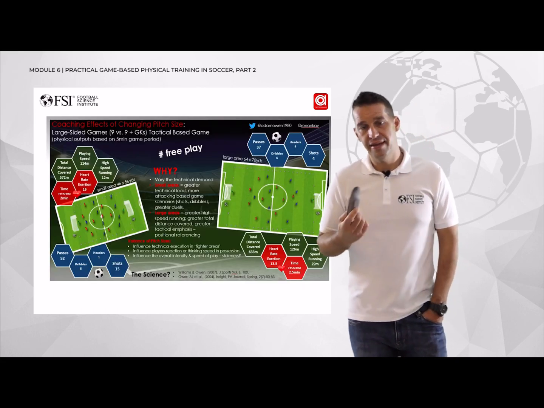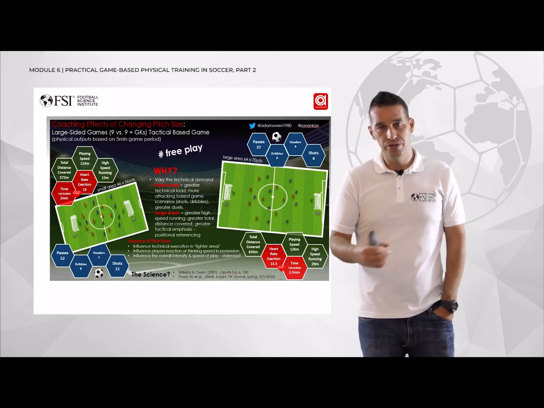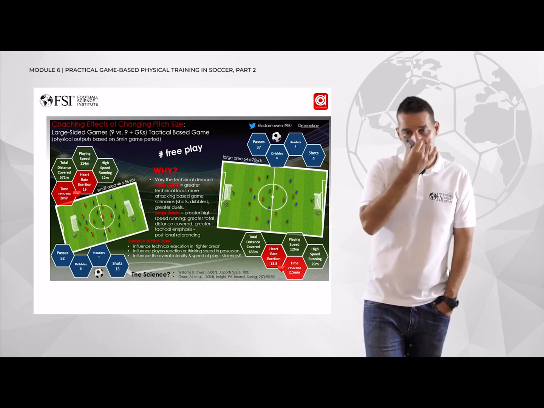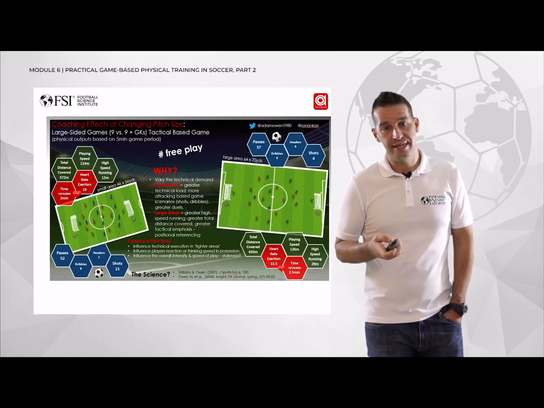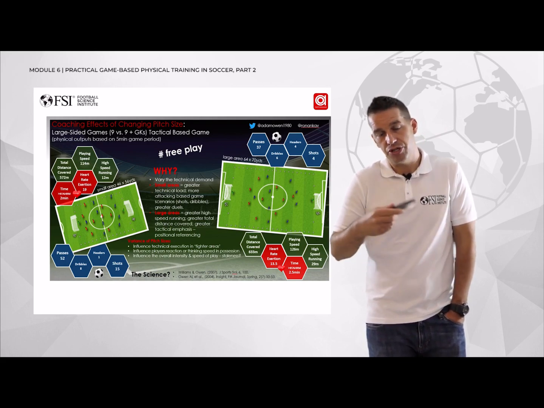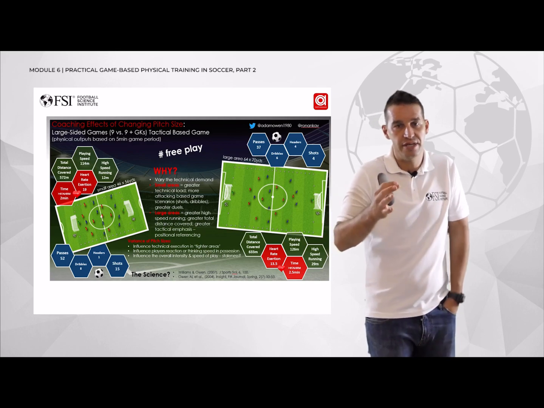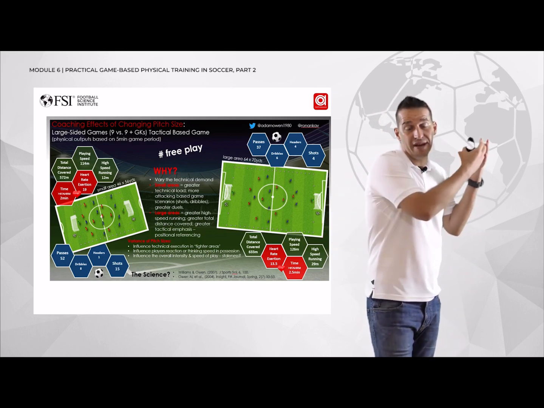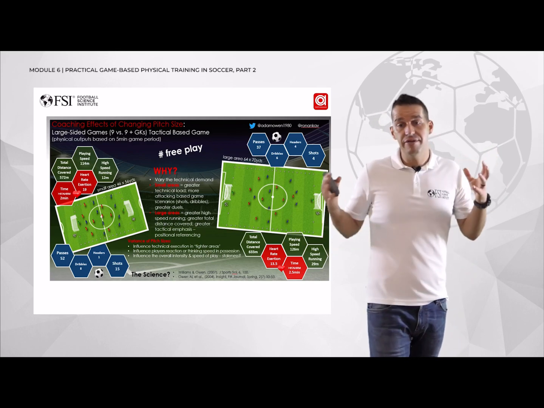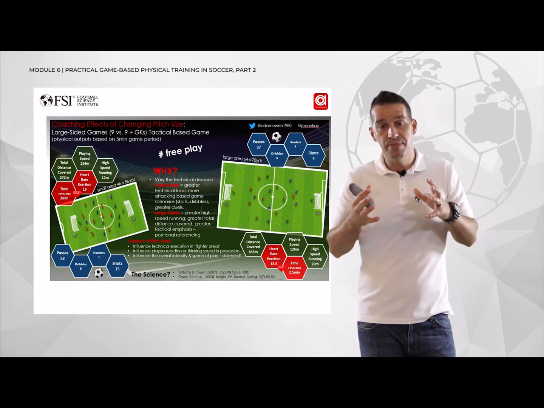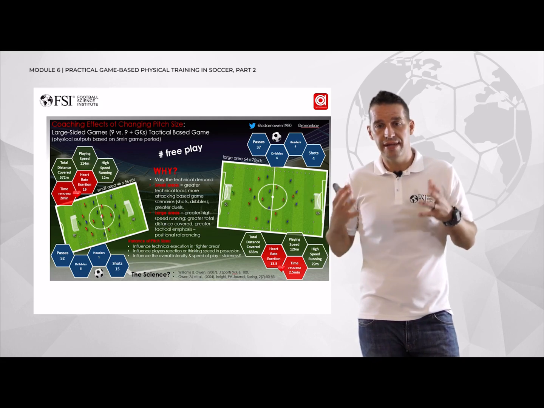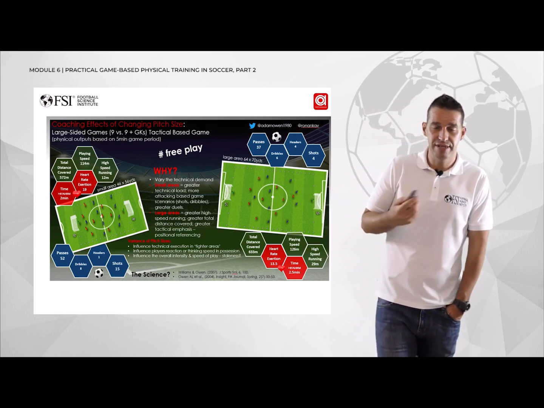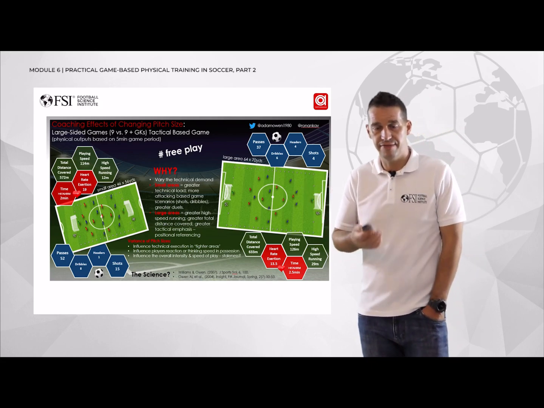An infographic, again, for coaches. I produce a lot of these for coaches because I think it's really simple for them to see. When we do smaller-sided games, just changing the pitch sizes, when we have a little look at opening up the area size with the same number of players, we have a different physical output. And that's something that I'm really, really keen to stress to the coaches, so they get an understanding of